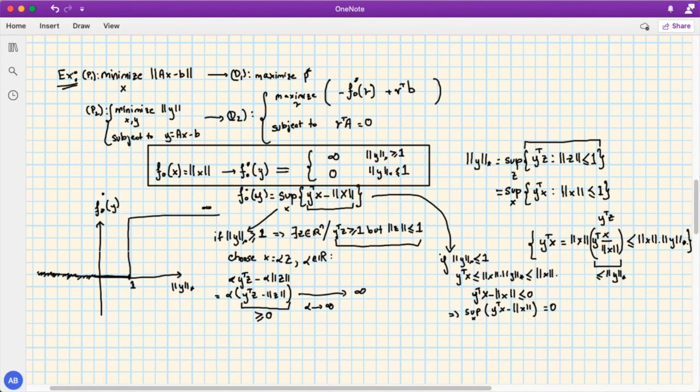Now why did we do all this? It's just to get the form of the conjugate function to use it over here. So replacing this over here, I don't care about the infinity, because I don't want to maximize a term that contains infinity. I'm going to be concerned with the other case when it's 0. So replacing this and taking the dual norm condition into account, d2 could be rewritten as: maximize with respect to nu. If f0 star, the conjugate, is 0, then I don't have anything here. I'm left with nu transpose b,